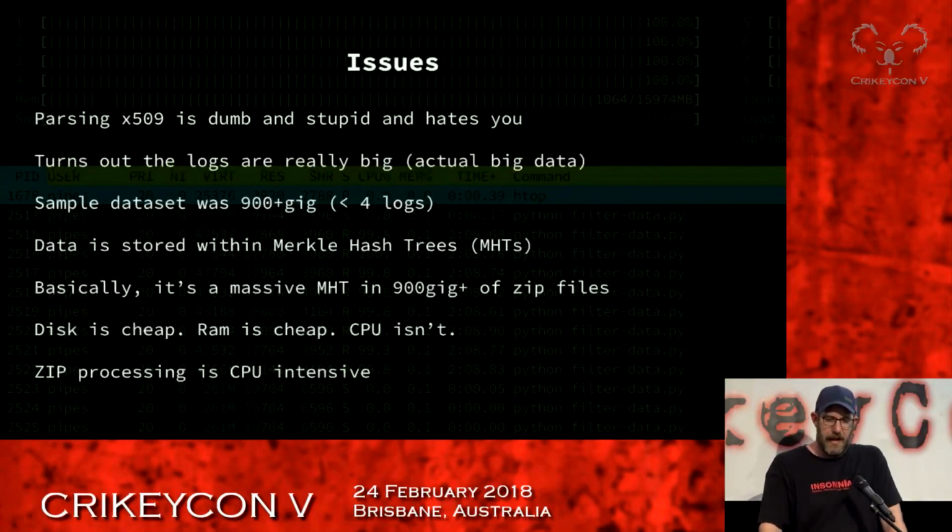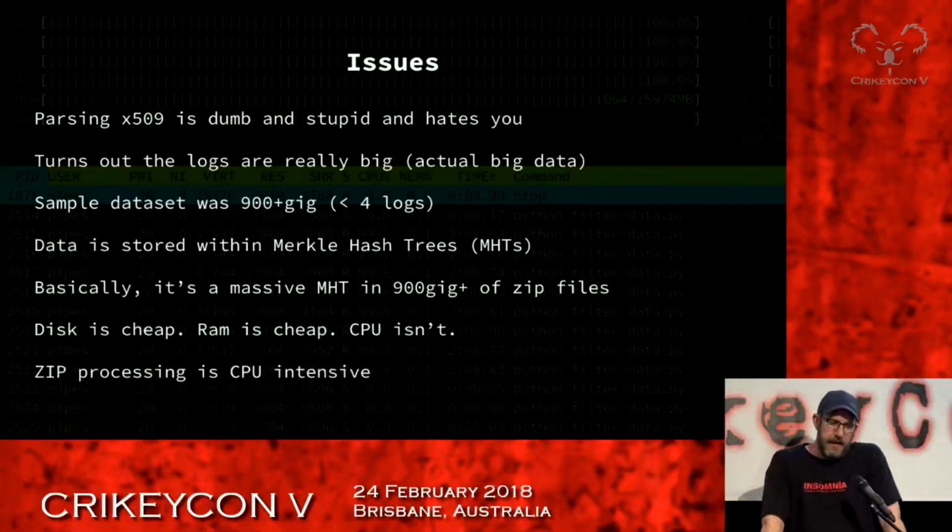The logs themselves are Merkle hash trees that are compressed in zip, right? So the final data set that I was playing with at the time was around 900 gigs uncompressed. And it turns out there's actually a whole bunch of data. If you've ever actually tried to parse certificates, X509 and ASN.1 is a nightmare. At small scale it's fine, but when you go big scale, you find super weird and interesting things. And because it's an immutable log, any certificate that was misissued or issued with invalid fields is in the log, right? So OpenSSL, for example, did not handle this very well. I have many crashes out of OpenSSL.